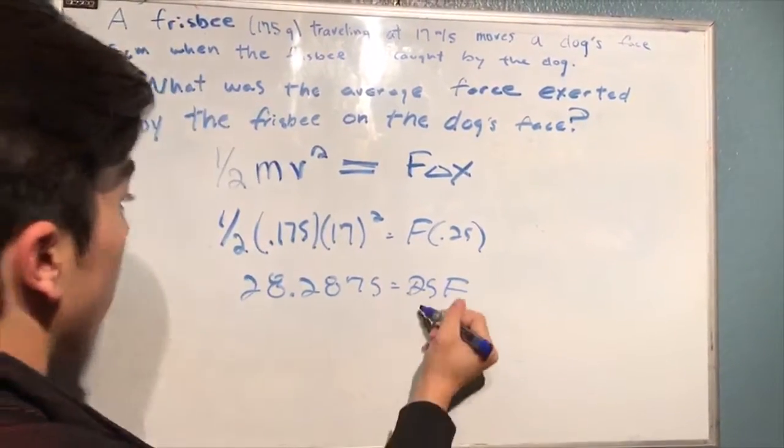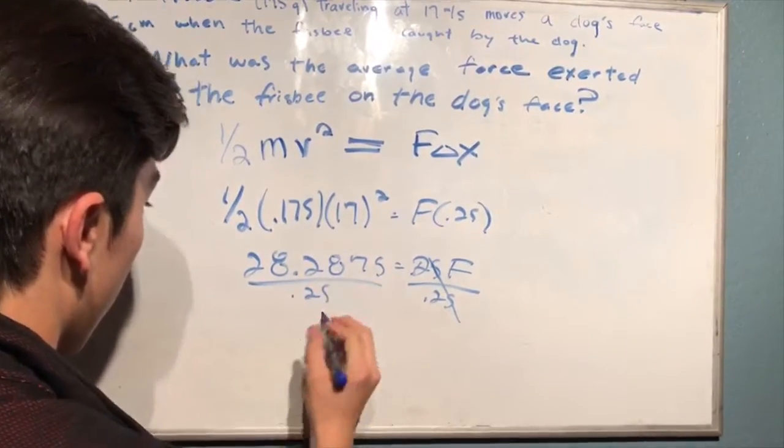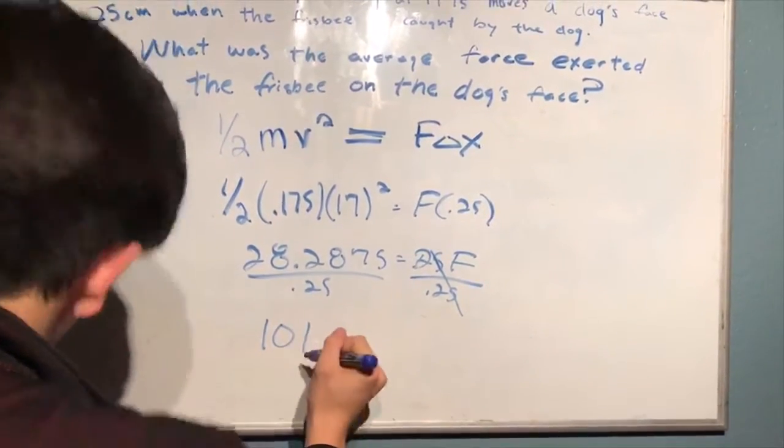And then you just divide 0.25 on the right side and put it on the left. And from that, you get